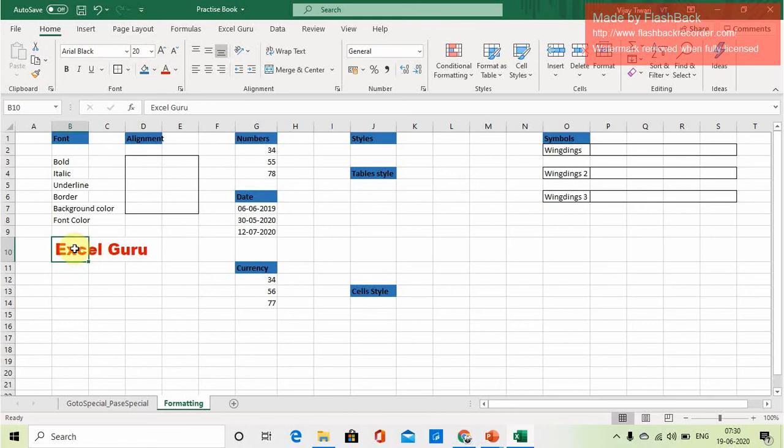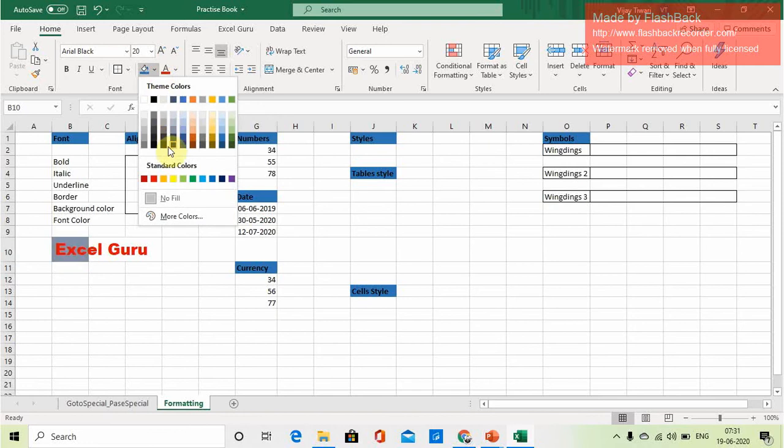If you want to change the background color, click here.